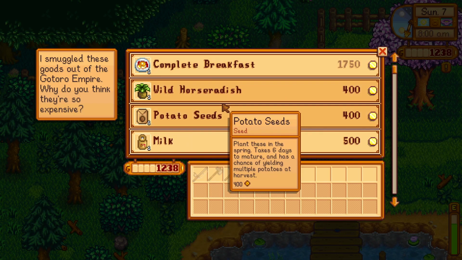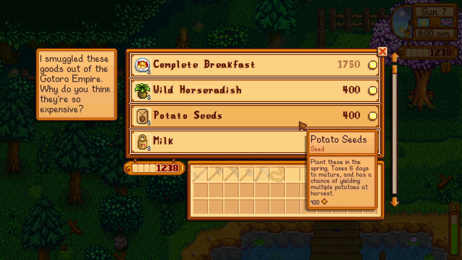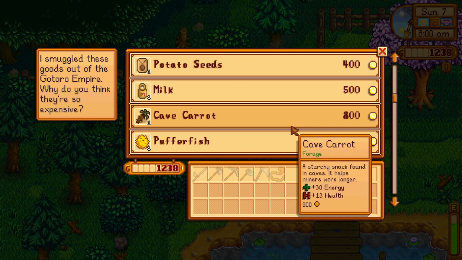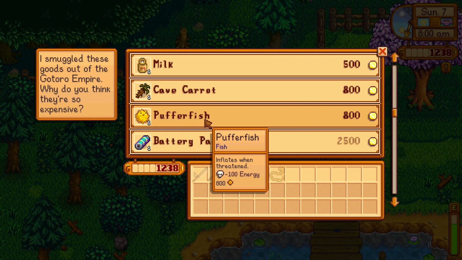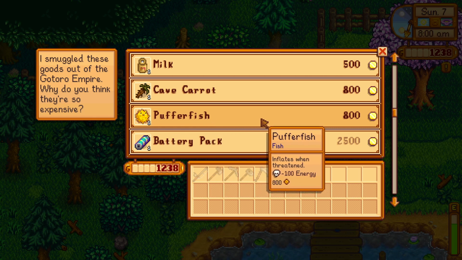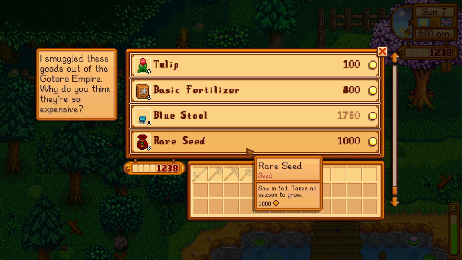So, complete breakfast, wild horseradish for 400. Let's see, some of them are a joke. Potato seeds for 400, you would never do that. But things like puffer fish, quite hard to come by, and good for a community bundle later on, 800, not too bad. What you want to find is either rare seeds, because she quite often has them, they're 1,000 gold,